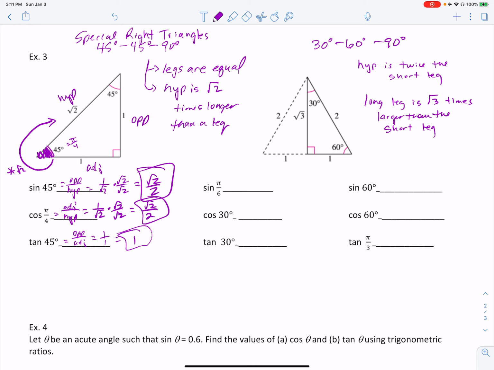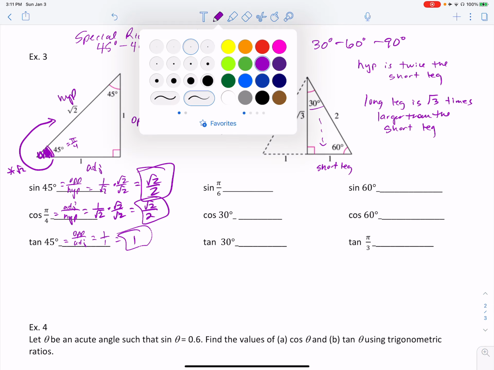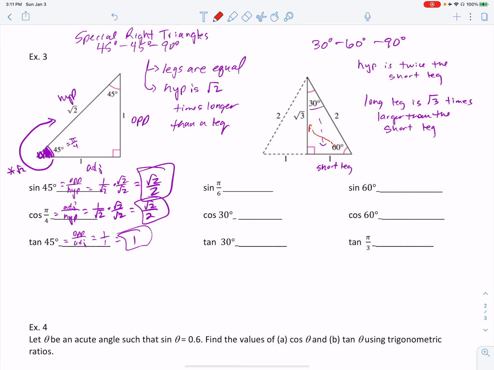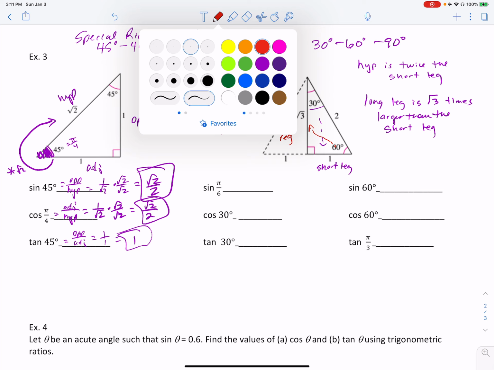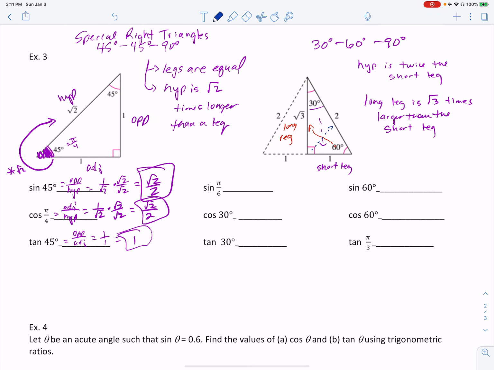And so opposite the 30 degrees, the side opposite the smallest angle is the shortest. So the side opposite the 30 degrees is going to be your short leg. And then the side opposite your 60 degrees is going to be your long leg. And then the side opposite your 90-degree angle is always your hypotenuse. And so as you are looking at these,